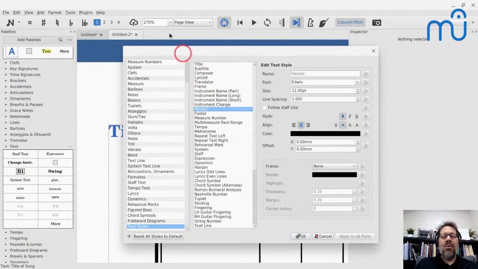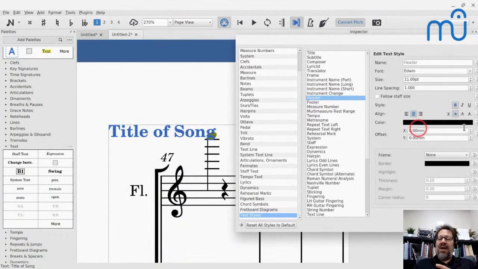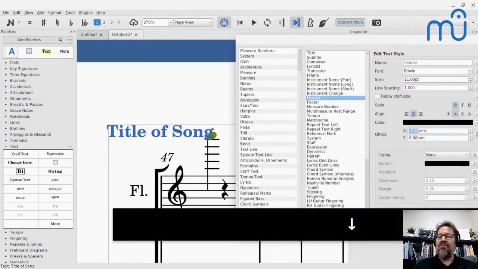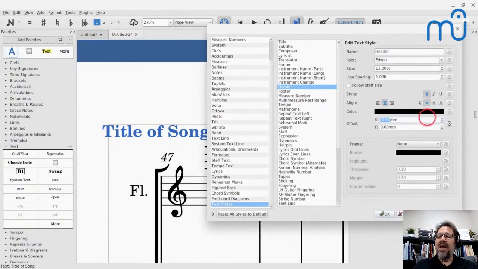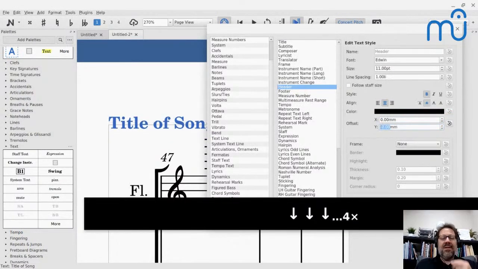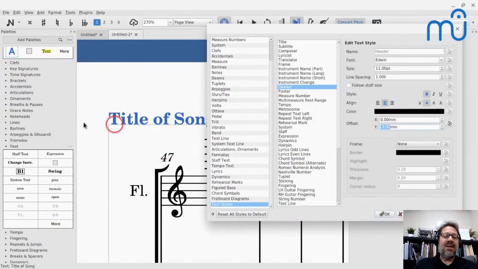So right now, you'll see the offset is 0 millimeters. That means the top of the text is 0 millimeters from the margin. I want to go higher. That's negative numbers. So I'm going to go negative, I think 3 millimeters or 4 or 5 millimeters. Oops, that's the X offset. I don't want the X offset. I want the Y offset. So I'm hitting the down arrow here to go negative. Yeah, 3 millimeters gets that